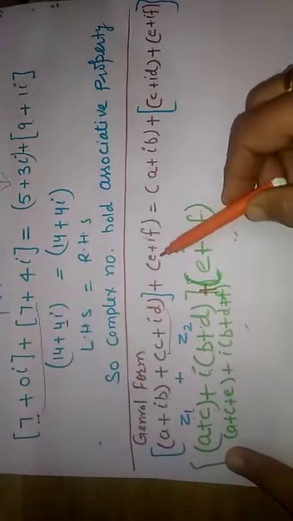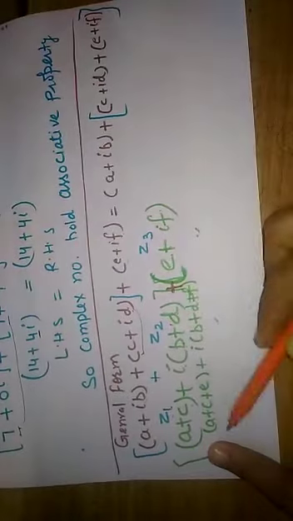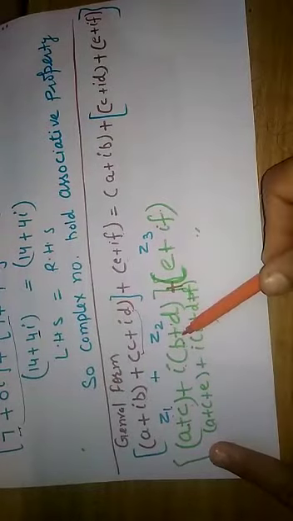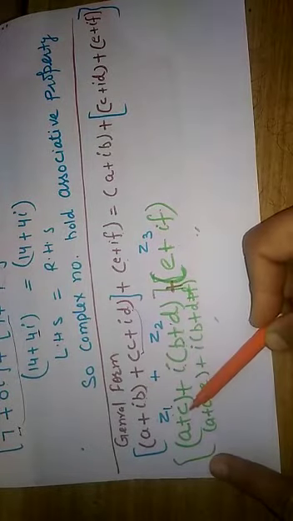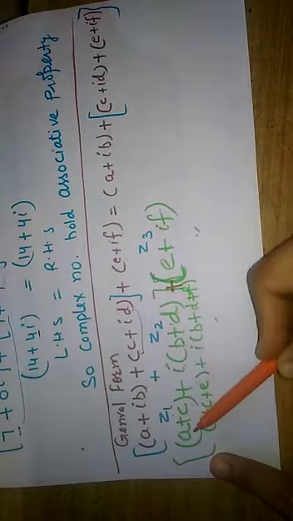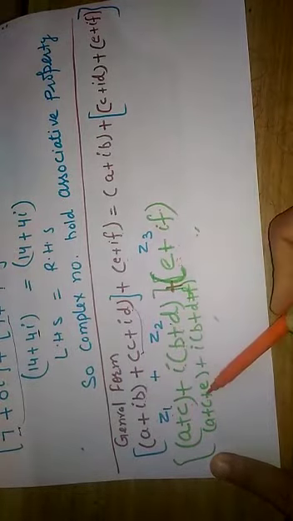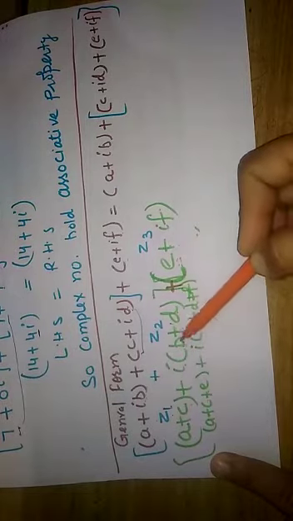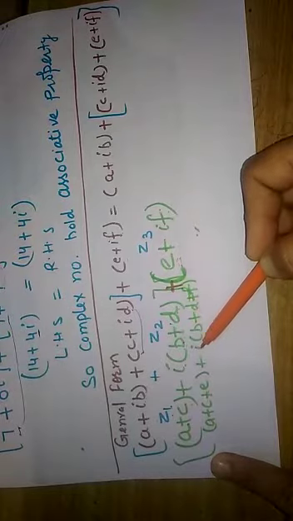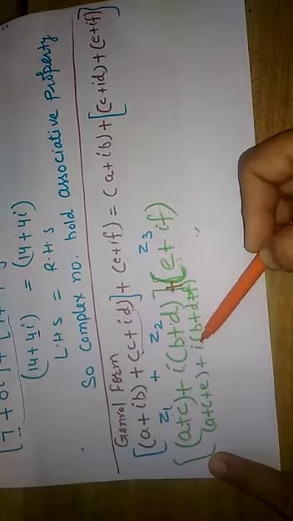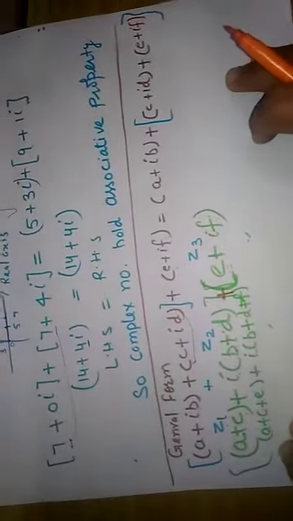So I have copied this third complex number as it is. After adding the first two complex numbers, I will add the third complex number. So a plus c already was there, then I will write a plus c plus e. E is the real number here. A plus c plus e. And in the imaginary part, b, d and f, we will add these three, taking iota common. So in this way you can add in the general form.